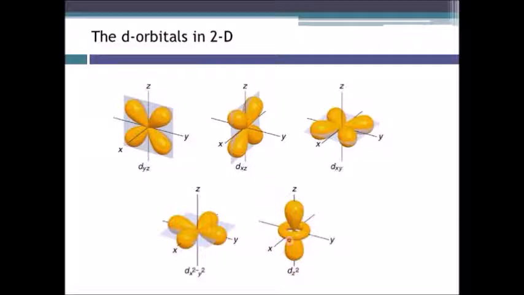square orbital. You can see a ring around this orbital which appears rather peculiar compared to the remaining 4 types of d orbitals. The dx square minus y square orbital also has 4 lobes, but the dz square orbital has only 2 lobes along the z axis, and there is a ring over here which you can see along this dumbbell shaped orbital.